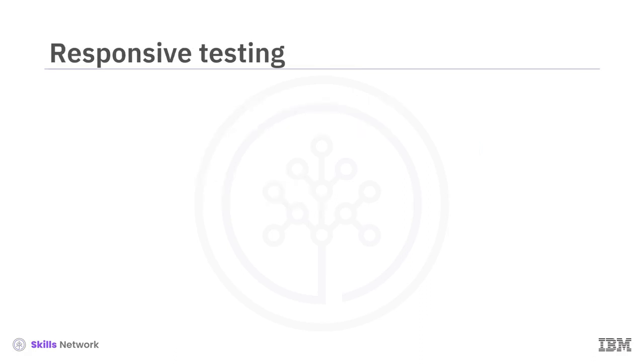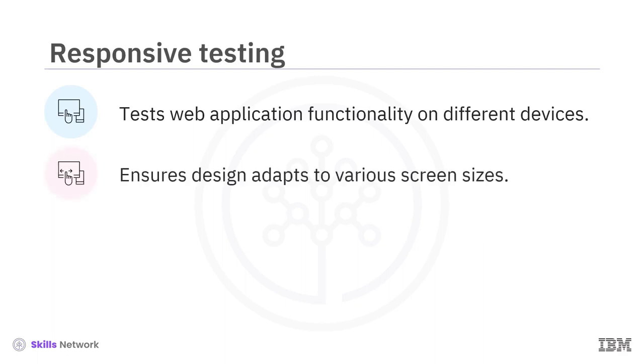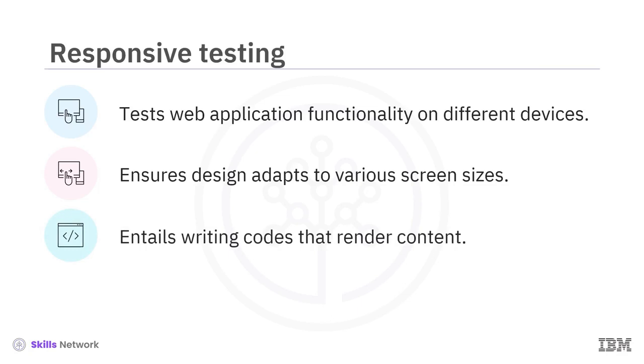Now that you understand cross-browser testing, let's learn about responsive testing. Responsive testing is the process of rendering web pages on viewports of various devices through CSS media queries. It ensures that the responsive web design effectively adapts to various screen sizes and resolutions. Responsive design entails writing a single set of CSS, HTML, and JavaScript code that renders your content to present it